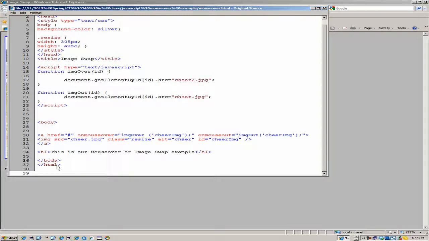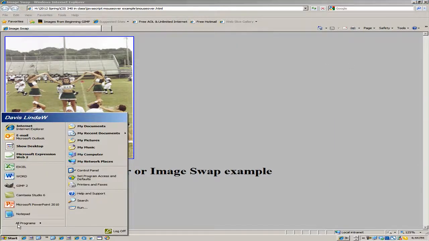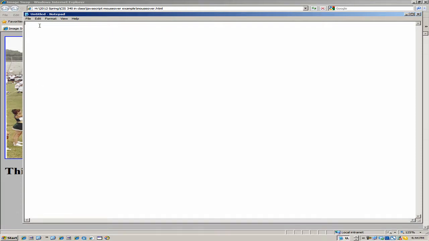So let's recreate this and see how it works. I hope you can see it well enough on your own monitors. Let me just launch Notepad, and we'll start at the top with our opening HTML tag, and then our head tag, and then our style type equal to our text. This is obviously for CSS,